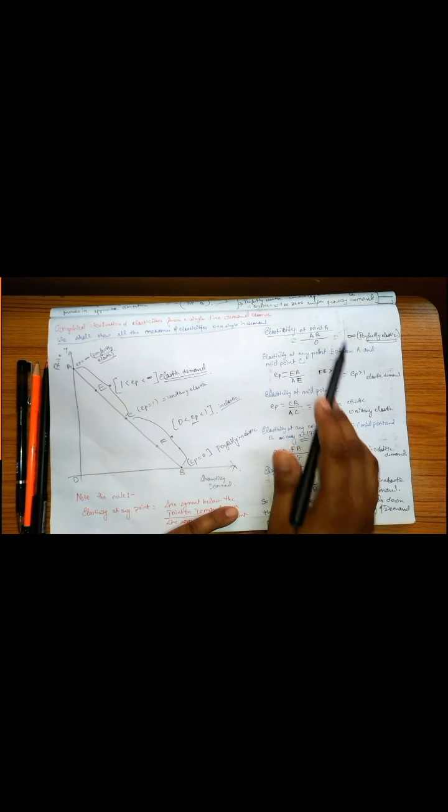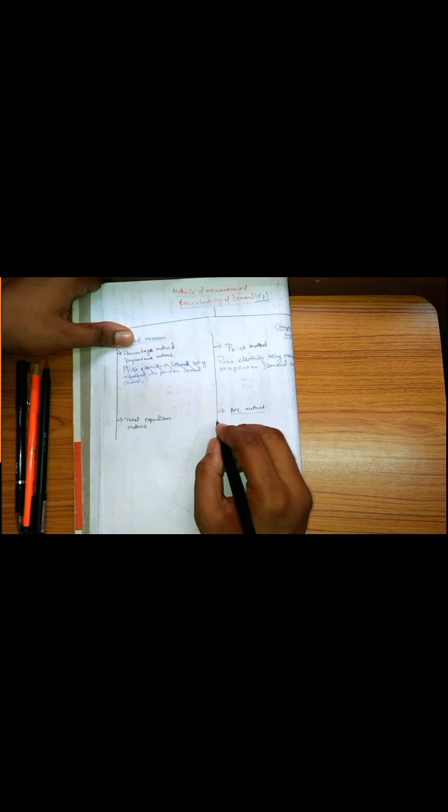So we come towards the point method first. Price elasticity of demand is measured at a point on the demand curve, and the rule of measurement, as you all know, is the line segment below the point on the demand curve divided by the line segment above the point on the demand curve. Thus we measure the line segment below the point: elasticity at point A, elasticity at point B, elasticity at point C, elasticity at point D, elasticity at point E. All these were points.